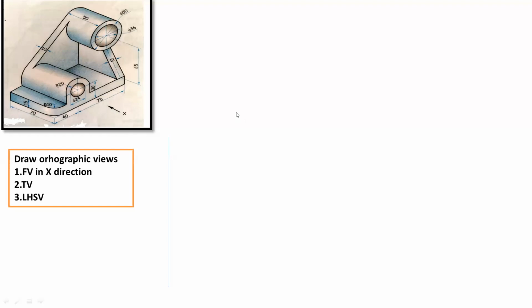Okay, so to start the orthographic projection, we will assume the object is located in the first quadrant. We will only follow the first angle projection method. For the first angle projection method, we assume the three-dimensional object is in the first quadrant, and it is resting on the horizontal plane. So this is the first angle projection method. This is the direction for the front view. So from the front view,